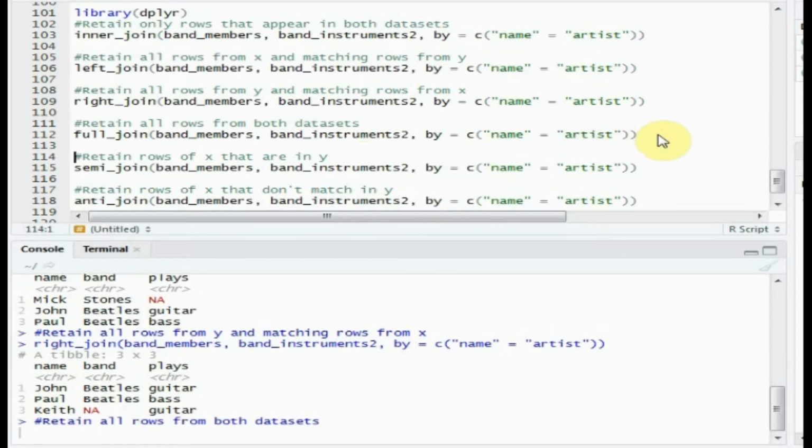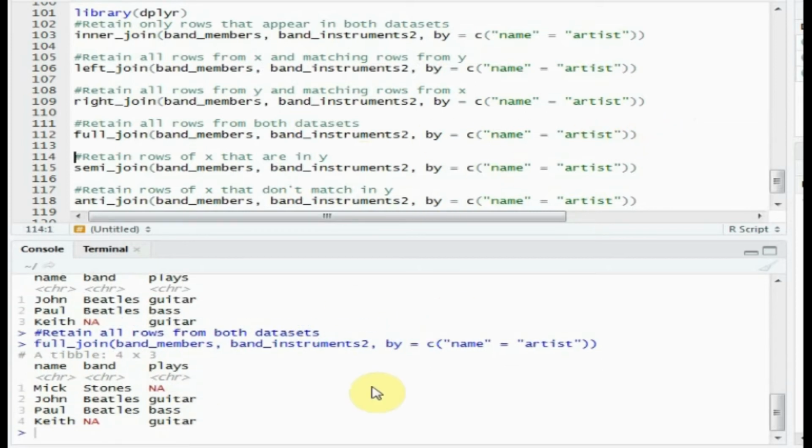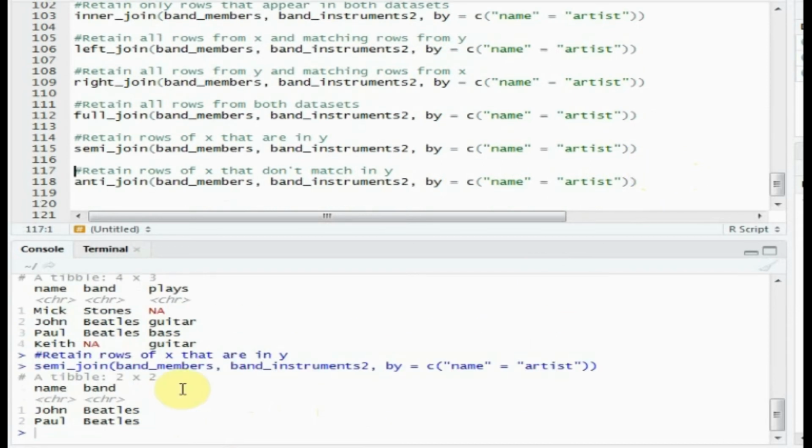Let's see the full join. The full join will provide all the rows from datasets 1 and 2, and often you might see plenty of NAs where values are not matched. This is a small dataset, that's why only 2 NAs, else you might see more NAs. The semi join is like inner join.